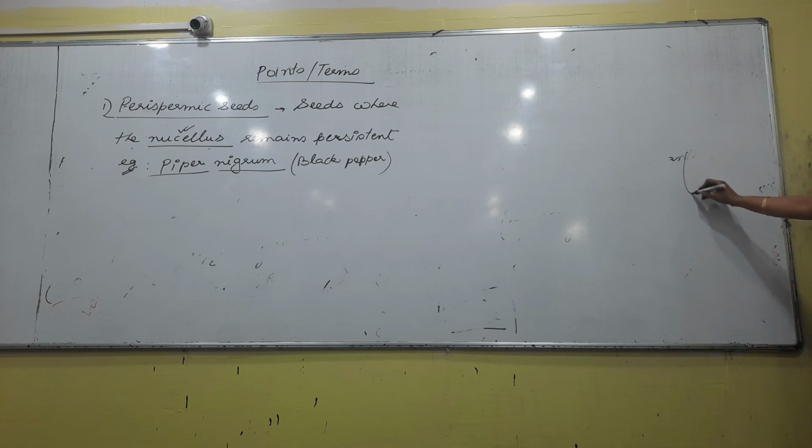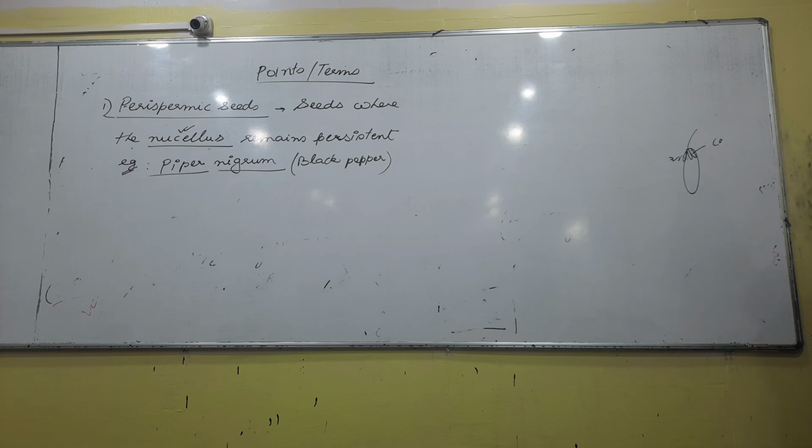We have given the example of brinjal. Brinjal is a fruit, and on top we see a green structure. This is called what? The calyx part. Actually, what happens to the other whorls of a flower after fertilization? When we talk about a flower, which part is important from the fertilization point of view? It is always the male and the female reproductive part, that is the androecium and the gynoecium. So, once fertilization is done, what will happen to the other two parts of a flower? I am talking about the calyx and the corolla.